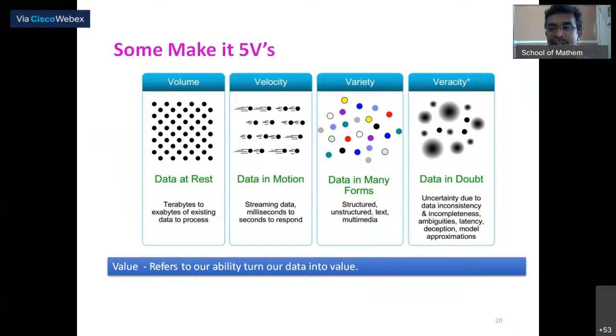Then fourth one, veracity. Veracity, in the sense, is consistency of the data. In social media, you cannot expect consistent data. That is not possible. Why am I saying that? See,